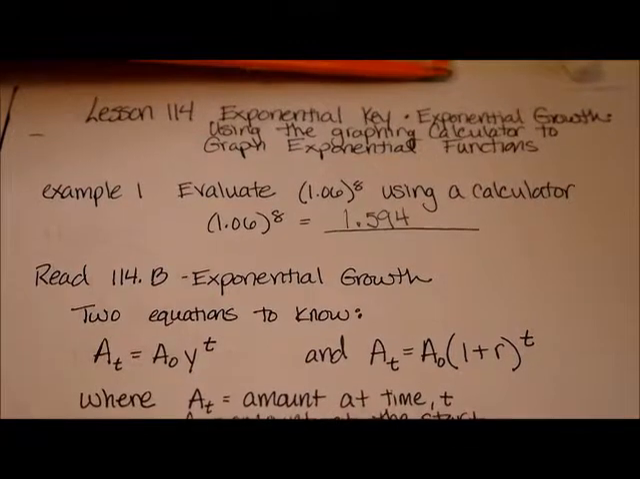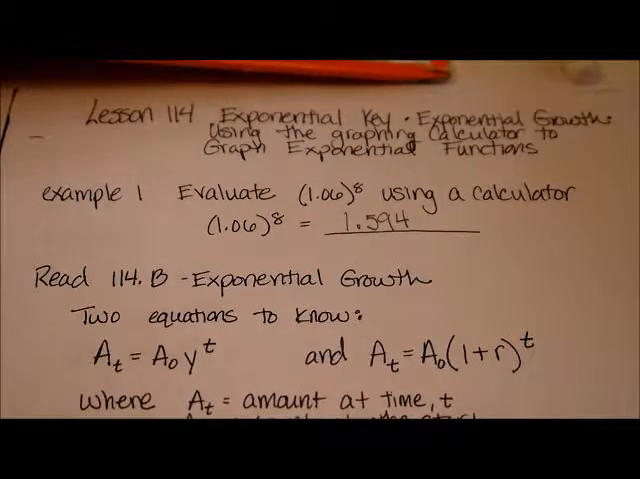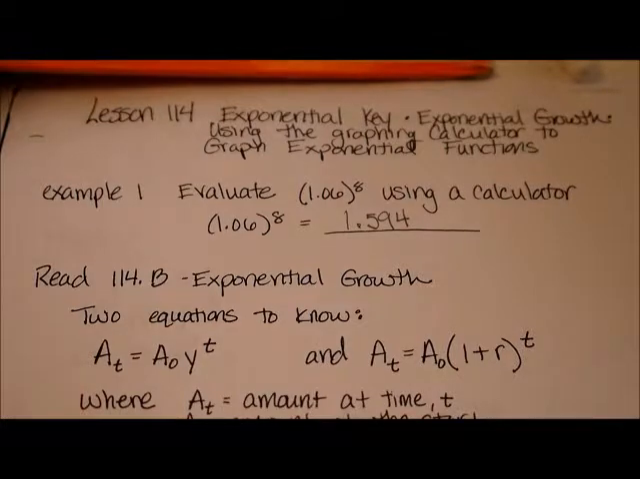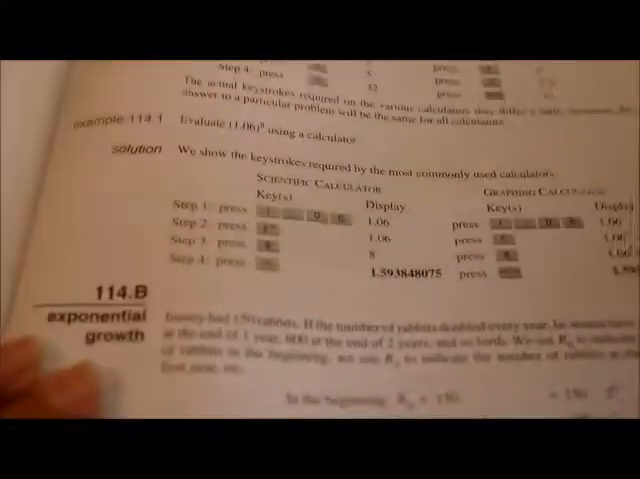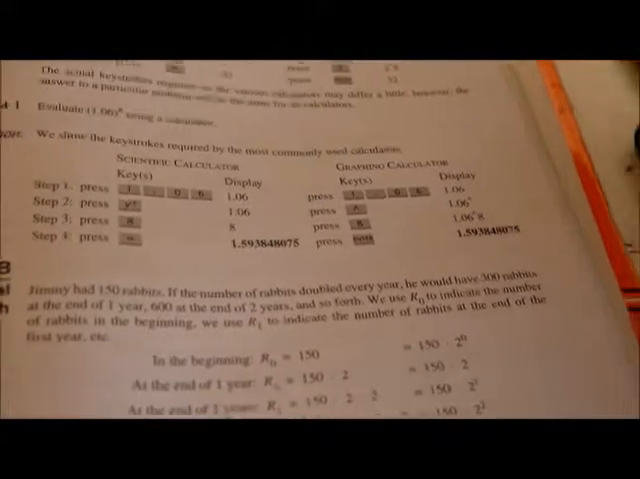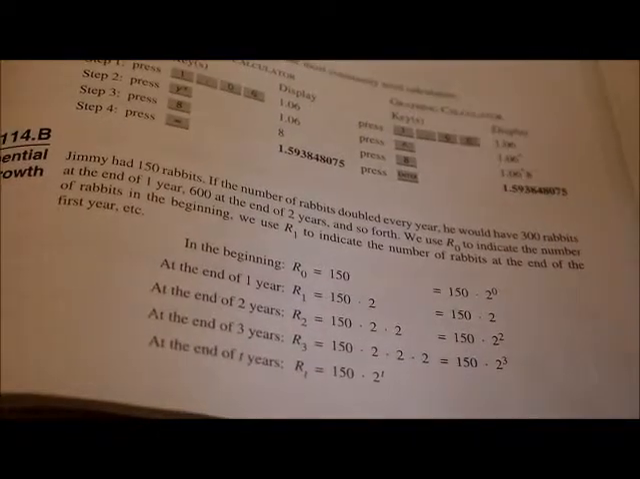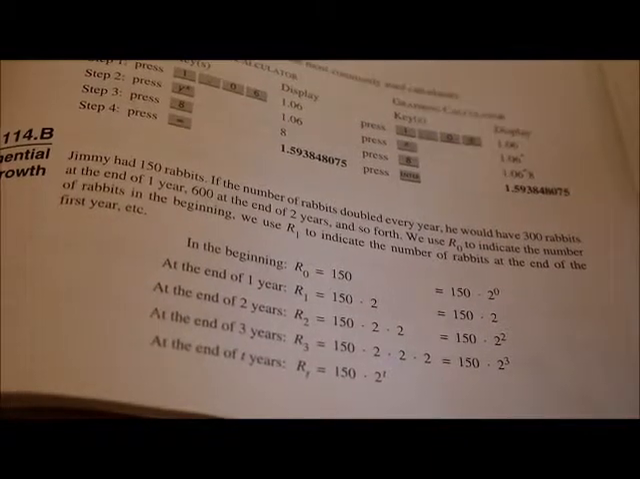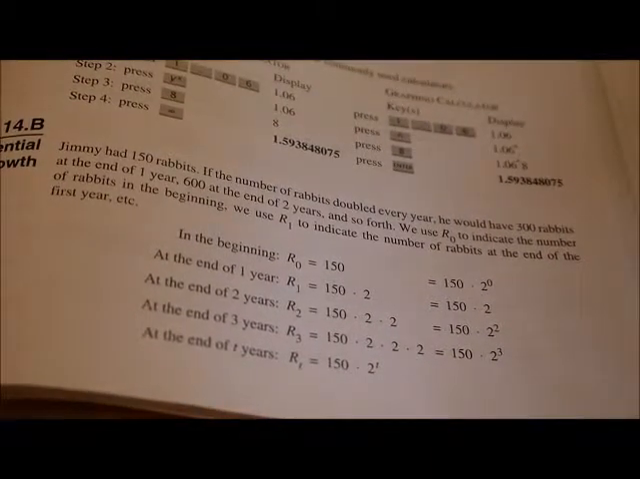So coming back to this, I have here read 114 part B, all right? So I'm going to just bring that up on the video. All right. They always use rabbits. We're going to talk about exponential growth, and rabbits can increase their population at quite a quick, rapid speed, exponentially,